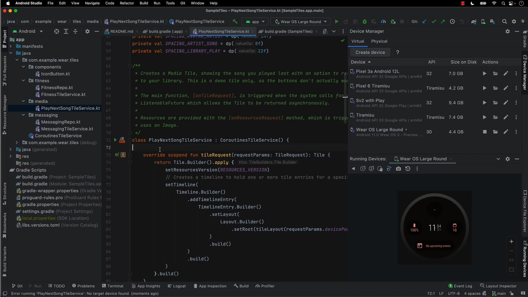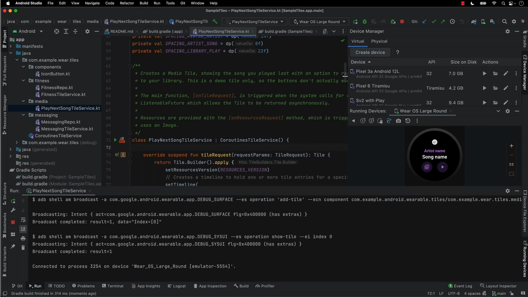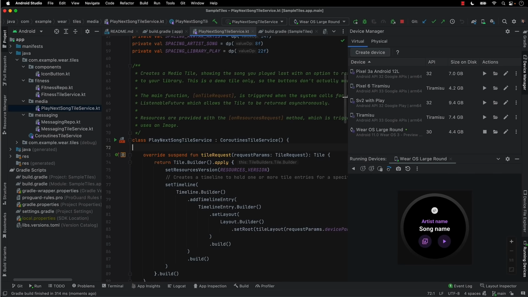We've also improved the run configuration support for Wear and the underlying run config machinery. You can now easily run tiles, watch faces, and complications. Here's a simple tile. I can click the run button. You can see we now create a new special Wear run configuration, and we launch this tile right there on the watch. And once your Wear app is up and running, we now have a dedicated Wear toolbar. As you can see, I can now easily simulate clicking the buttons of the virtual watch, or tilt it, or even simulate placing my palm over the watch.